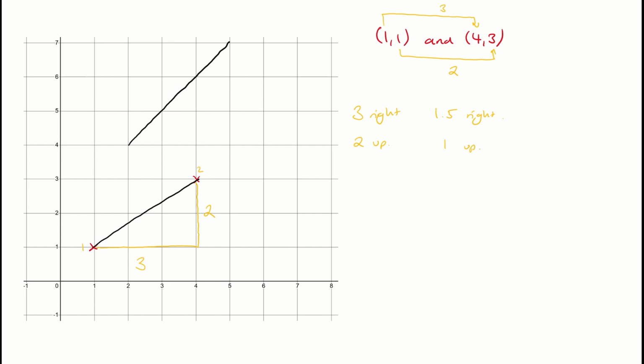So we're going to do exactly half of our previous movements. And what does that look like? Well, I go 1.5 to here, and then I go a full 1 up. And we end up at that point there. And that would be the point